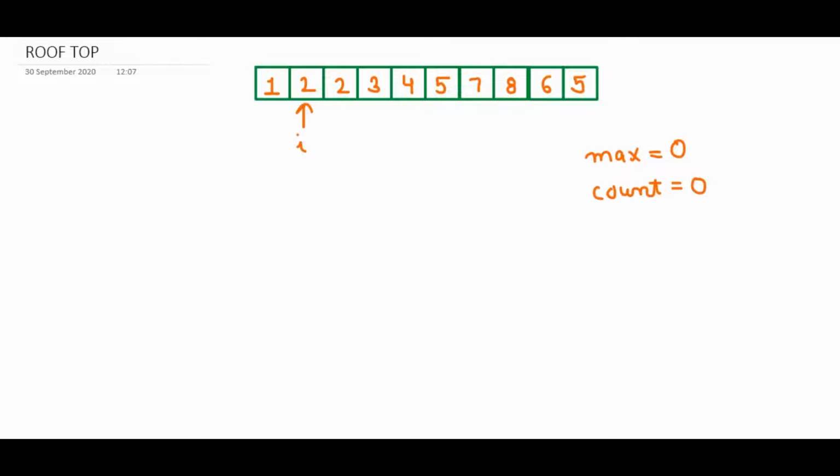Now let's see the approach to solve this question. We have to take a pointer at the first position of the array. Then we see if the previous element is shorter than the current element. If it is shorter than the current element, that means we are taking one step from one building to another. So whenever there is an element which is shorter than the current element, that is the ith element, we will increase our count. Then we will move our i pointer.